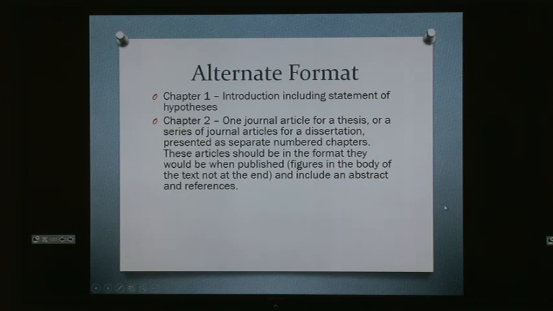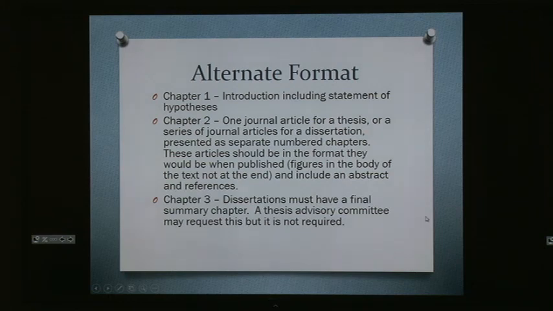And that's actually to help you, if you're preparing it for publication, to go ahead and get it in that format. And I won't be looking at these very closely because I don't know all the journals out there. I don't know their styles. So it's up to you to get it in the proper style guide or style format for that journal.